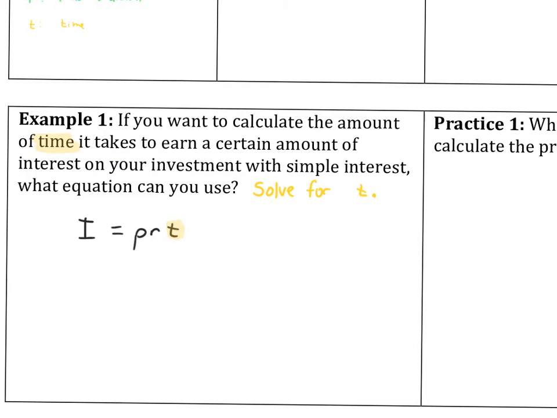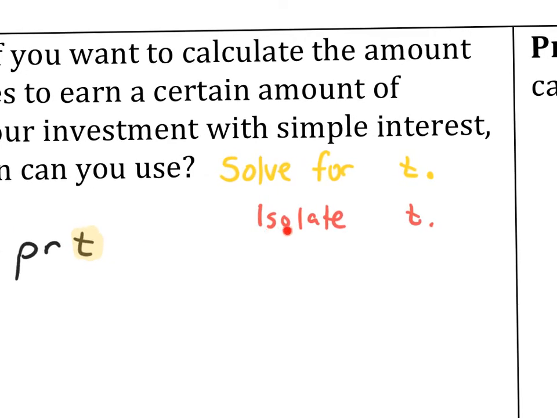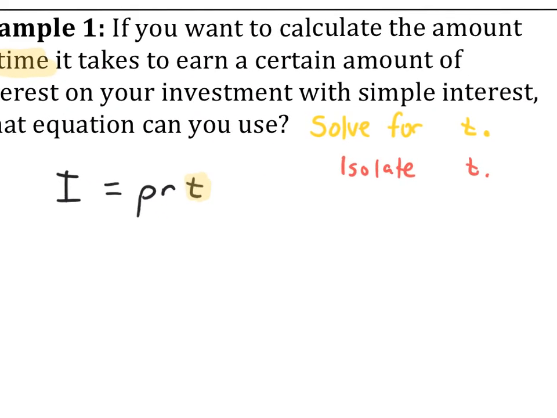It does not mean actually give myself an answer. It doesn't necessarily mean what's the value of t. Solve for t means to get t by itself. Another way of saying it is to isolate t. And you can see the word solo in these, right? Isol, S-O-L, sol, solve right there. Same root, which means solo, which means alone. Get t alone. Okay, so when we have I equals P, R, T, if I want to get t by